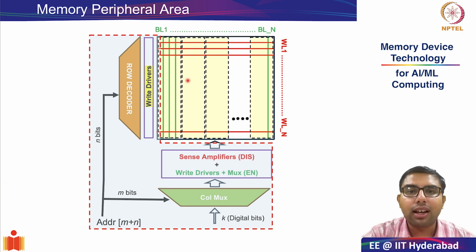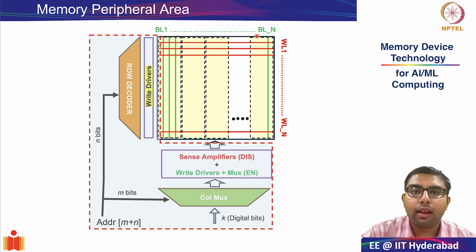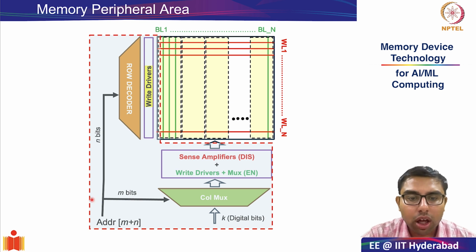In the previous class, we were looking at how important the design of analog peripherals is in overall memory arrays. As this picture very clearly indicates, there are two key subdivisions when you look at a memory chip. One is the actual array, which here we have marked out with a square, and the other, which we have marked out in dotted lines, is the area occupied by the peripherals.